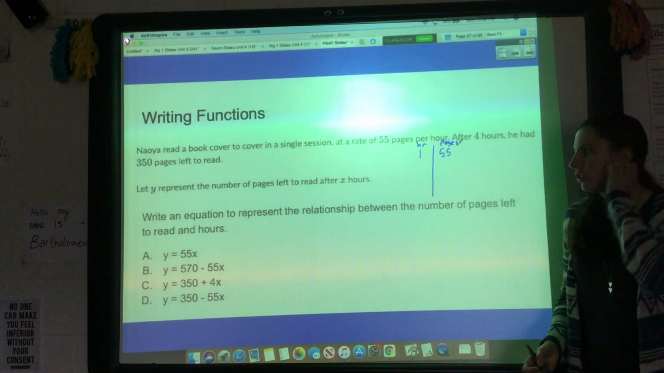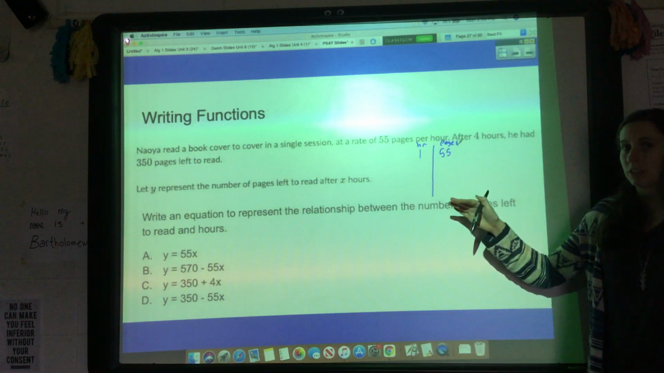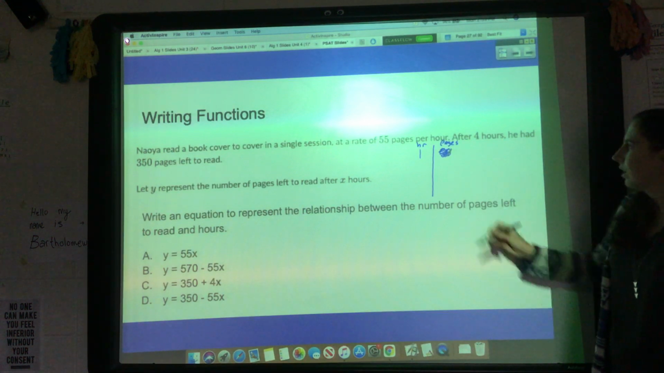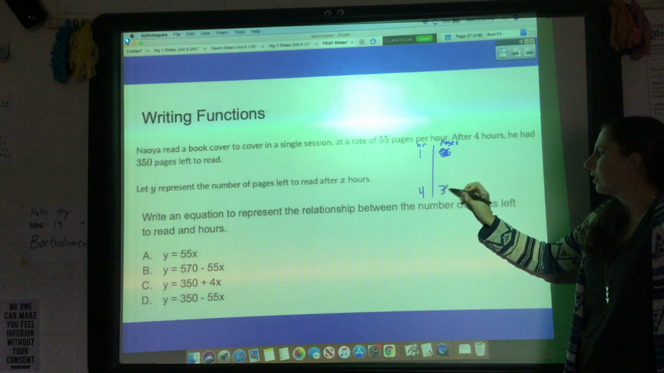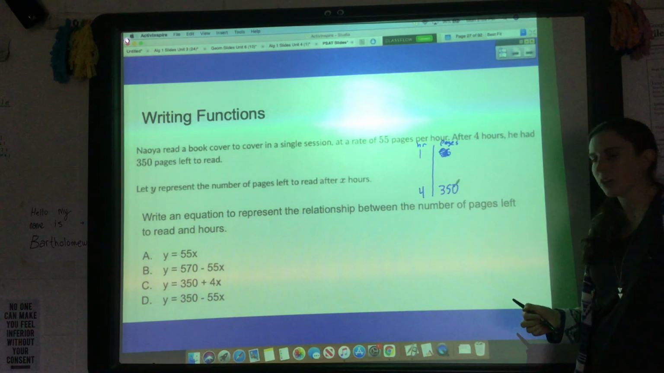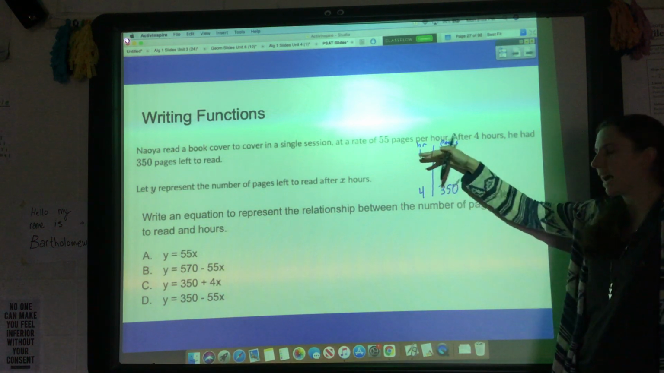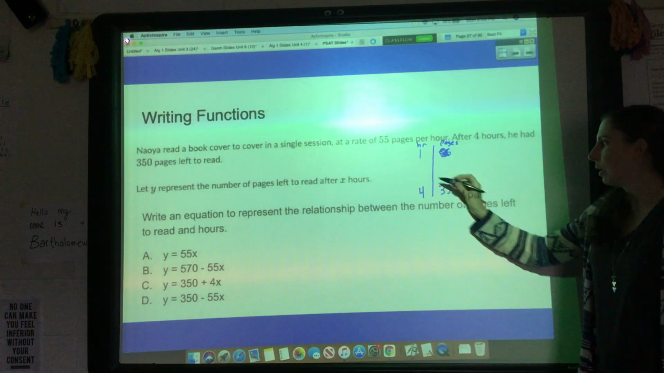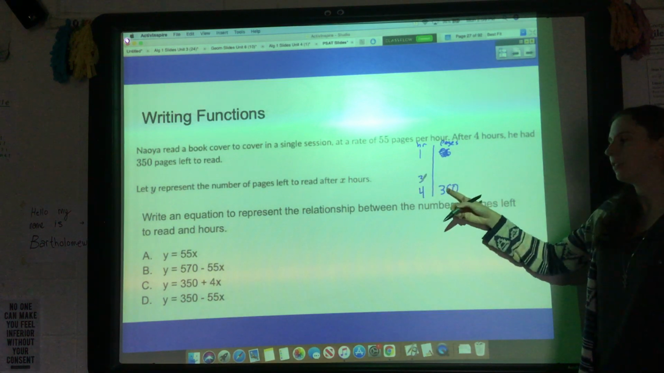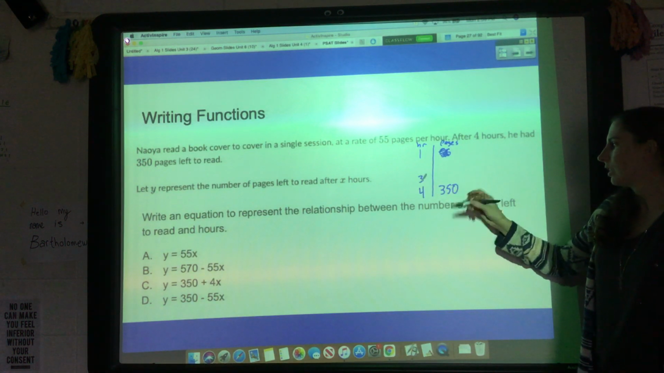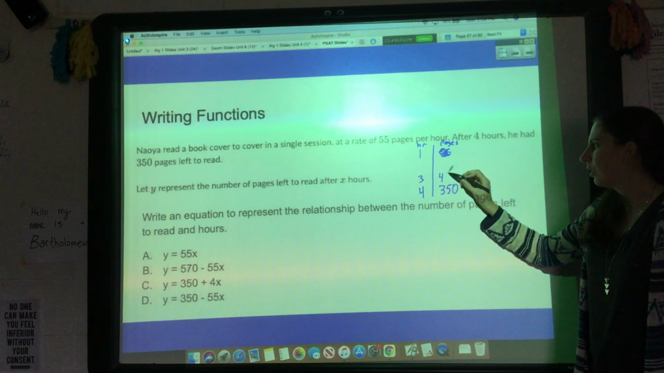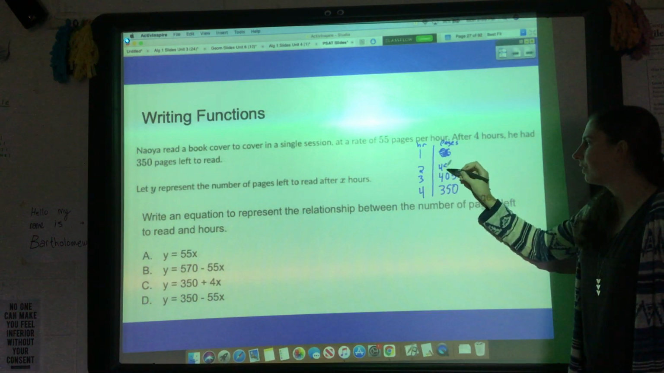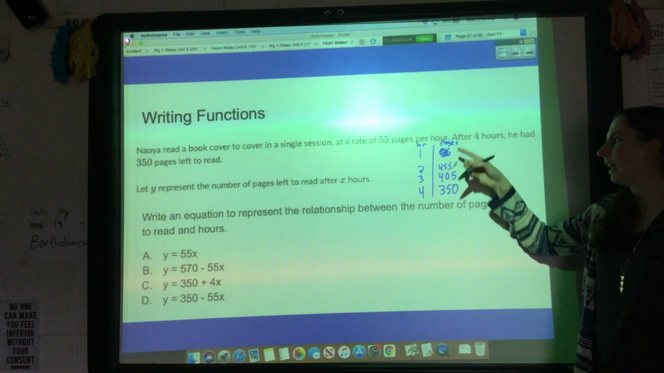However, I'm actually trying to say how many pages are left, not how many pages he has read. It tells me after 4 hours, he's got 350 left. So we're going to need to think through how we get back to the first hour. Like, how many pages did he start with? Well, at the 3rd hour, there were 55 more pages than this. So add 55 and you get 405. And then add 55 again and you get 455. And then add 55 again and you're at